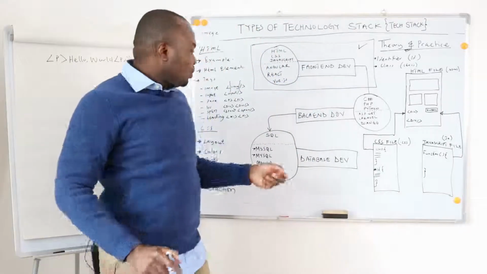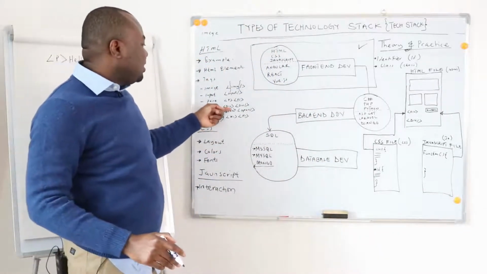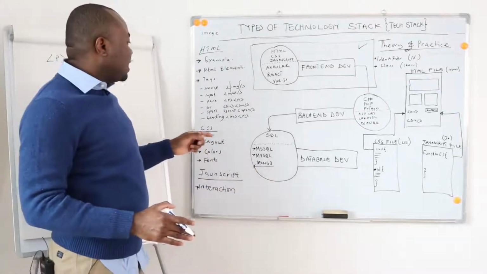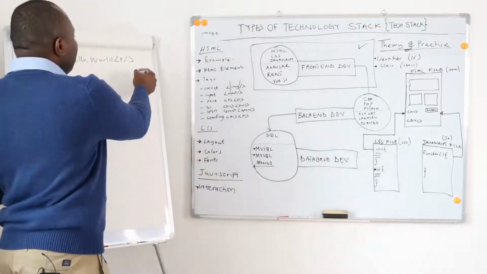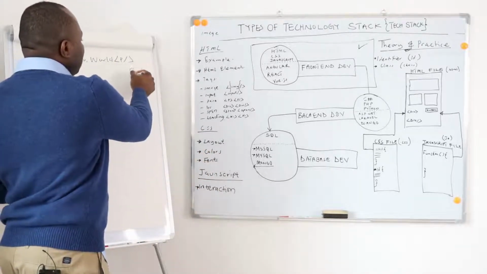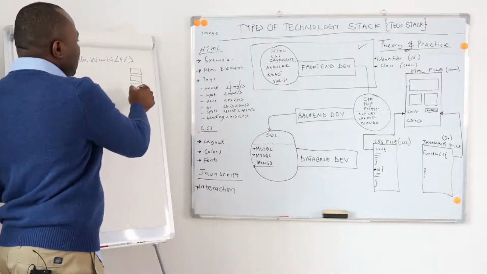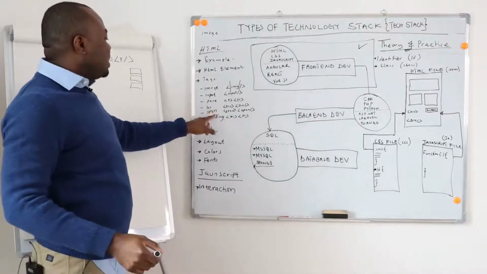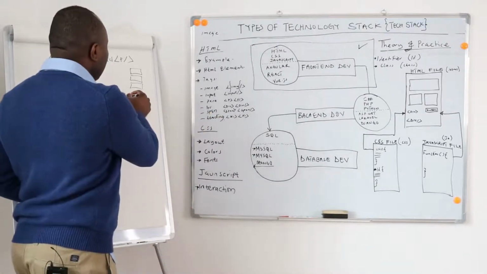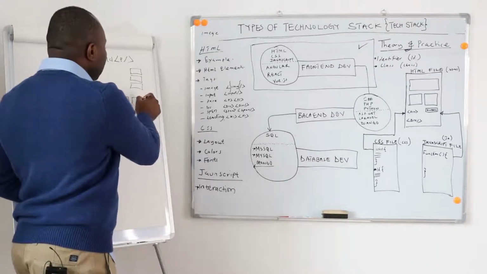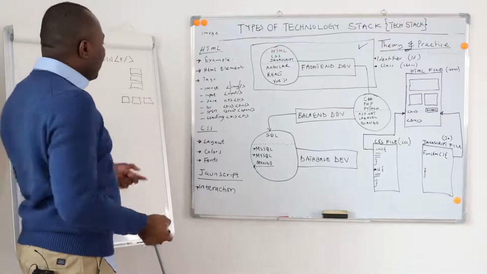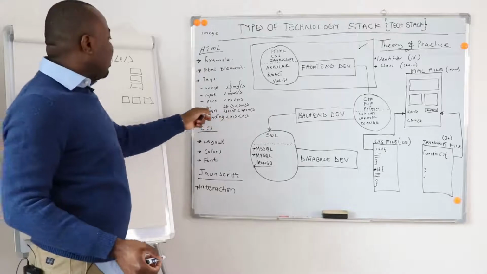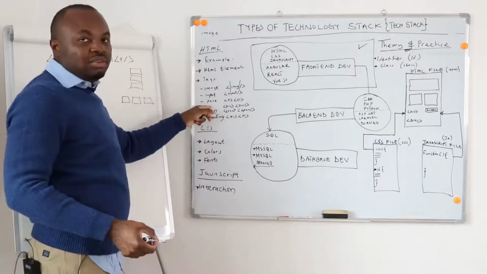So as I said, let's continue. We have the division, the div element. The div element is a generic element that allows you to display information in vertical blocks. Then we have the span element. The span element displays information in a horizontal layout. So if I want my information to display horizontally, I'm going to use a span. If I want that information to display vertically, a div will do the job.